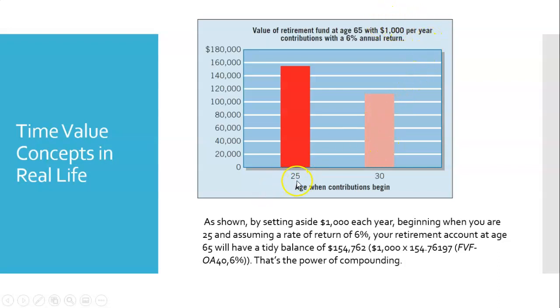If you started at age 25, how much would you have by the time you're 65? So 40 years later, you'd have almost $160,000. But if you wait even 5 years and you start putting in money when you're 30, you're not even going to have $120,000. So you're going to have $40,000 less just by waiting 5 years. So the earlier you start, save